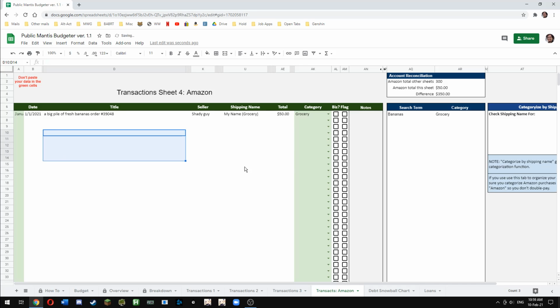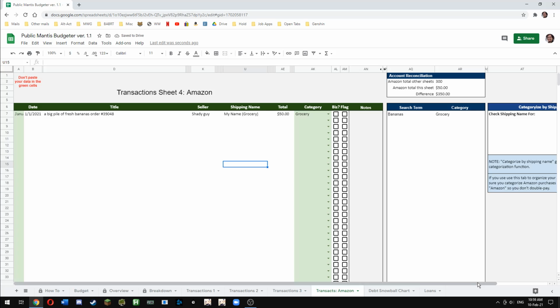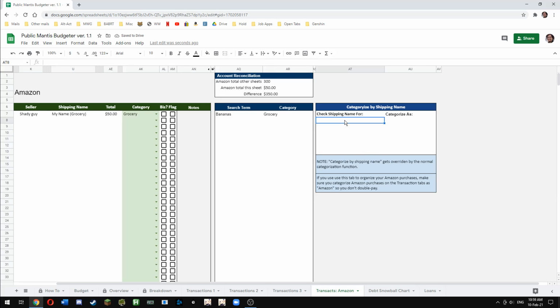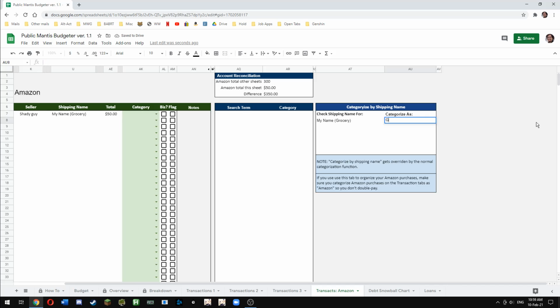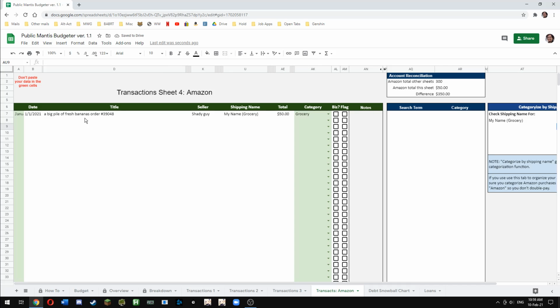Why would you do this? Because it helps you categorize things. So here we go. Come over here, you say whenever you see this address, categorize it as grocery. So that means whenever, let's say that was the shipping address, this is gone, but it still shows up as grocery because, see, it's gone, and then we say that's grocery. So boom, groceries,